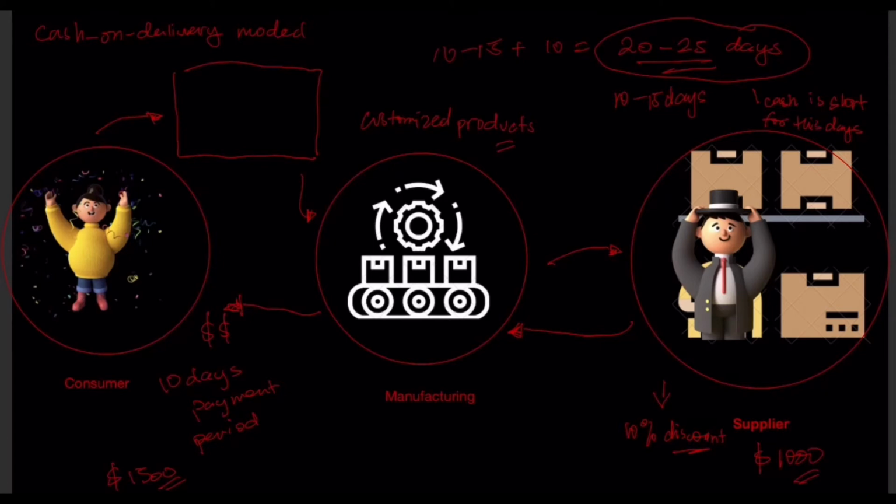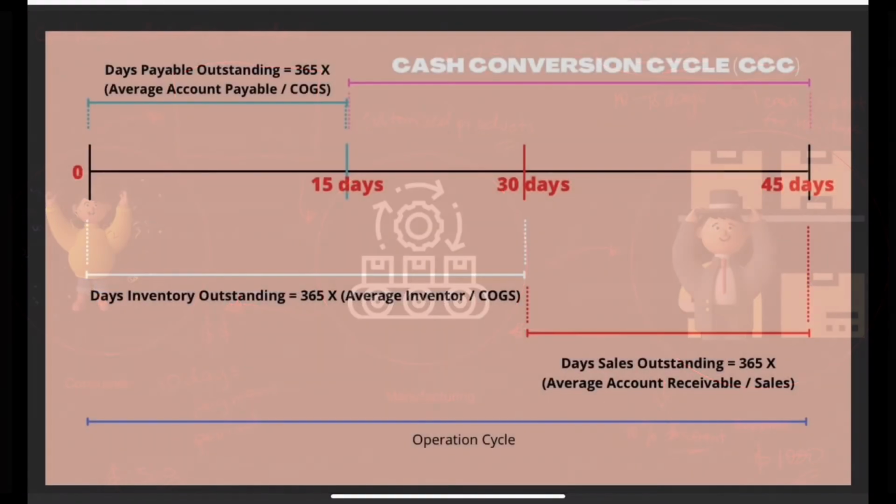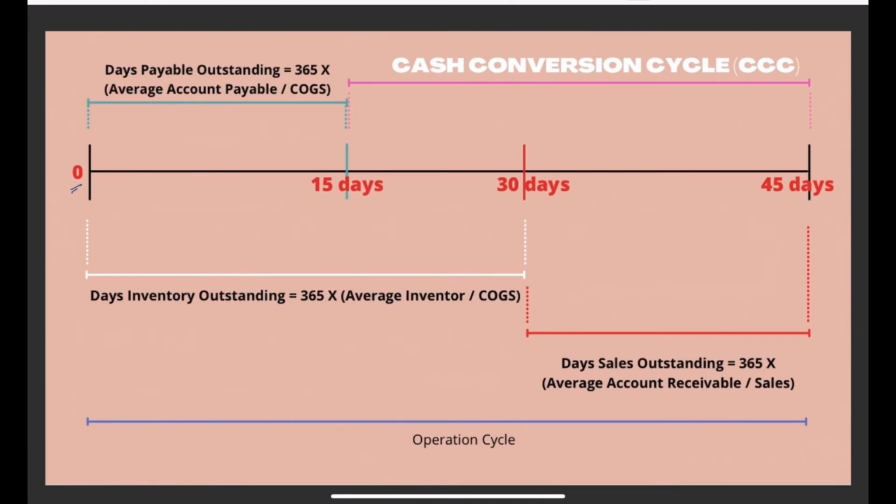So now let's go to the next discussion for us to better understand cash conversion. In a timeline, suppose today you purchase supplies for $1,000. Now it will take you a few days for it to be converted into a finished product and eventually into sales. Let's suppose it's 30 days. In finance, we call this days inventory outstanding. Basically, this is the average length of time it takes you to convert your supplies into tangible products and eventually into sales. So let's take, for example, 30 days.